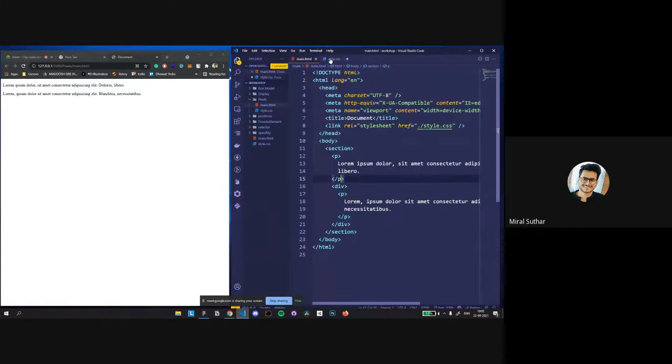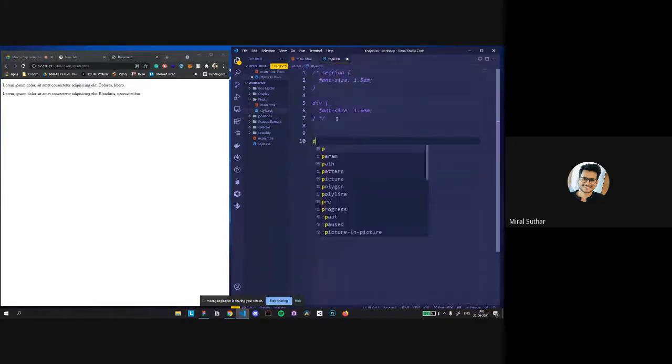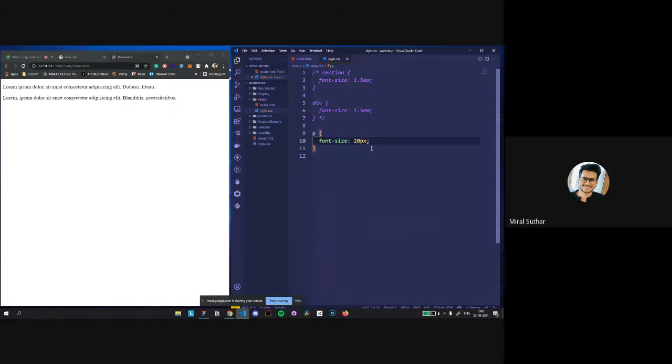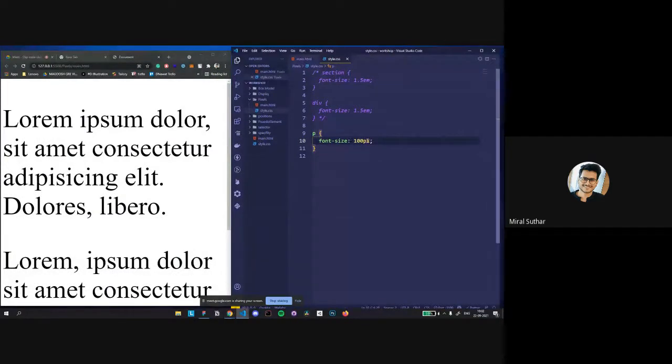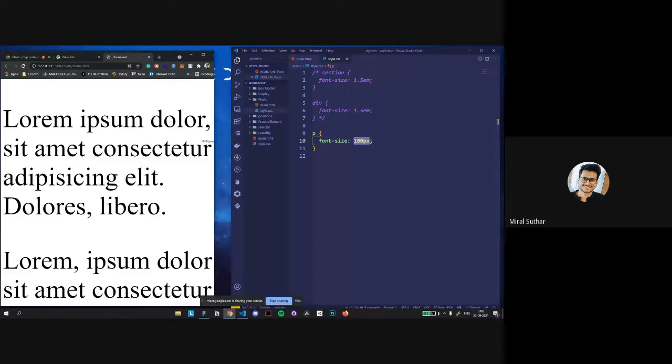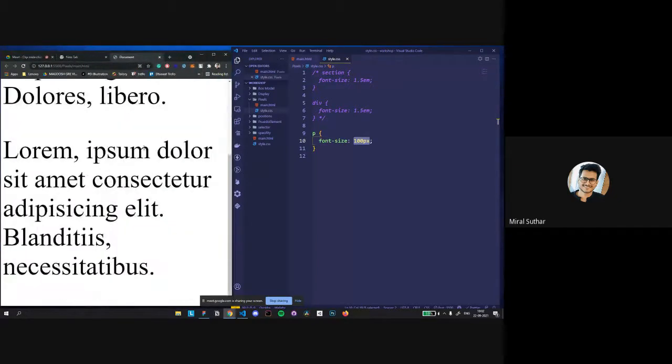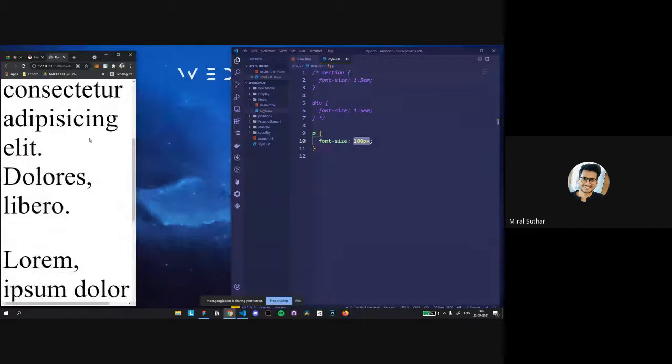So if we select the P tag and give a font size, the font size is a property we have to select to increase the size of any fonts. If I give a size of, say, 20 pixels, it increases, and we can give any size over here. It's pixel by pixel size. We can get 100. But the pixels are not very relevant to use on a website because it's just not responsive at all. It's just so big, and if you go to mobile, it can't be read.